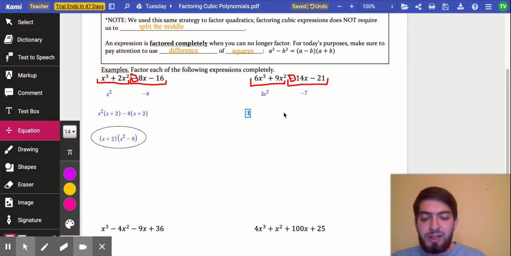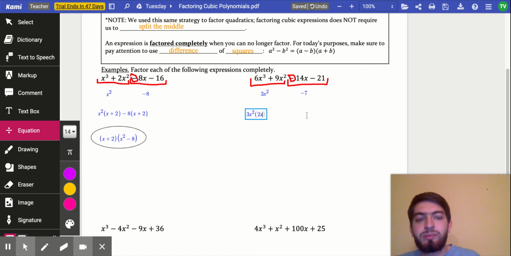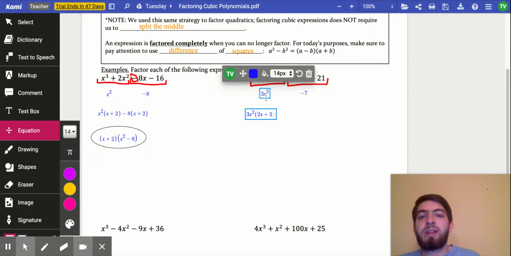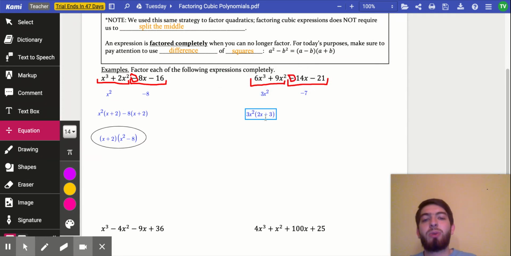So let's divide those out, or factor those out, I should say. So we factor out a 3x squared. 6 divided by 3 gives me 2. X cubed divided by x squared gives me x. 9 divided by 3 gives me 3, and x squared divided by x squared cancels, so I'm left with 2x plus 3. In the next two terms, I'm going to factor out a minus 7,